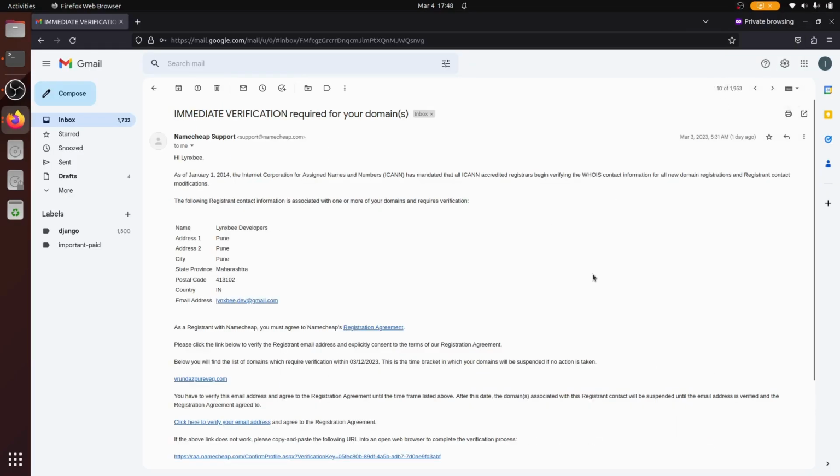Once you have registered a domain name and you are the owner of the domain, the last thing we have to do is the email verification of the domain name. As you can see here, we have received one email. What we have to do is click on this, click here to verify your email address. As we can see here, from this date it has been made mandatory to verify the email address of the owner of this domain. So we will click here and we can see now